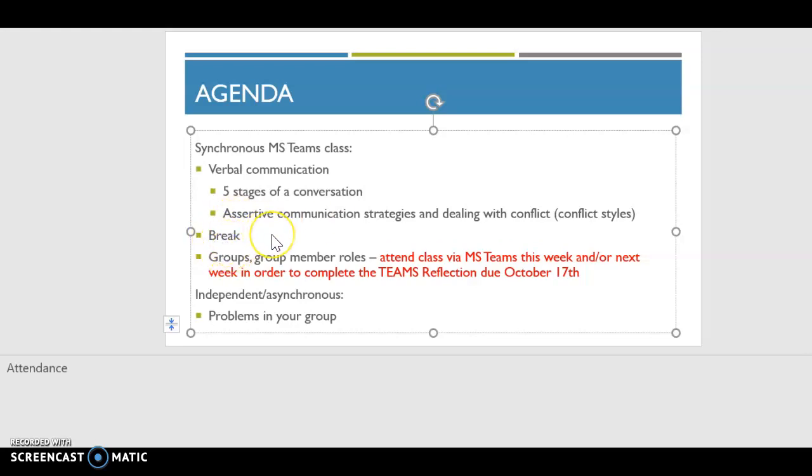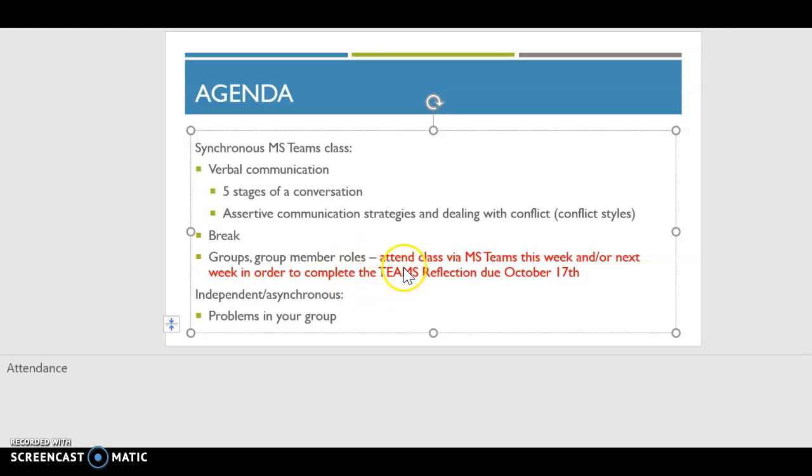So remember I told you this online class might go a little bit longer. And after the first hour of class time in our synchronous class, we're going to start talking about groups, when to use them, when not to use them, and group member roles. So these aren't typically something that are assigned. They're just roles that we play in a group, whether naturally or we think about it and realize we need to take on this role in order for a group to work effectively.